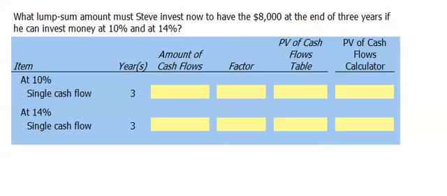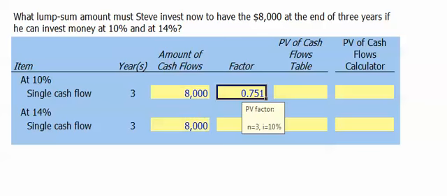What lump sum must Steve invest now to have $8,000 at the end of 3 years if he can invest money at 10% and at 14%? Let's consider the 10% case first. Since we're talking about a single cash flow, we need to look up the present value interest factor at 10%